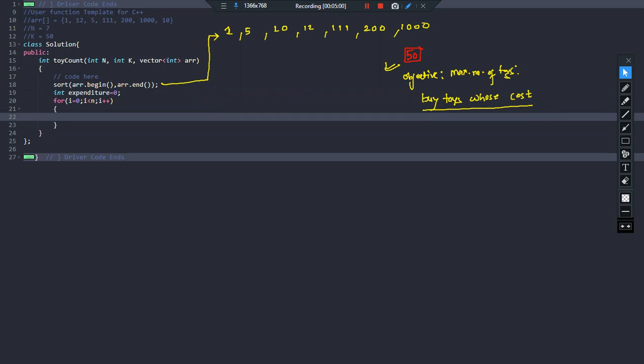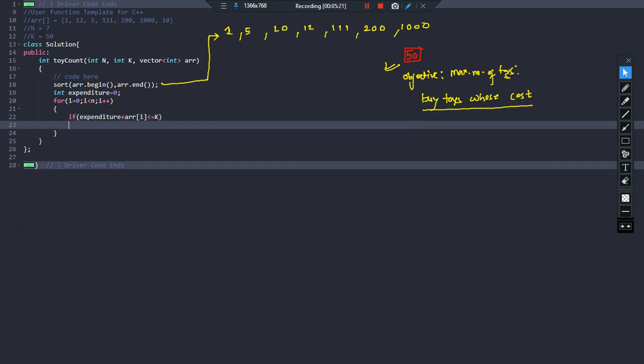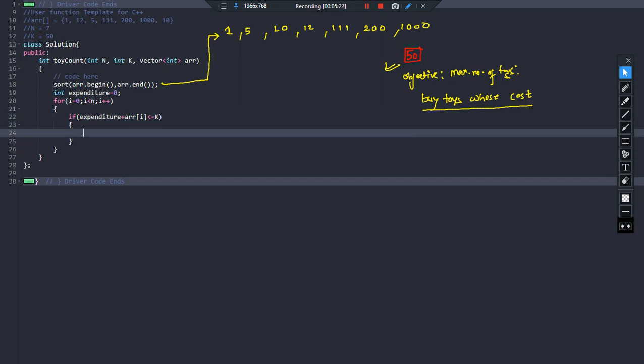means the lower cost toy, first of all I'll go through that. I will pick up that. Now you will check if your expenditure plus the cost of the toy that you are picking up right now, if I pick up this toy, is it less than or equal to k, or is it exceeding it? If it is less than or equal to k, it indicates that it is in your budget, you have money to